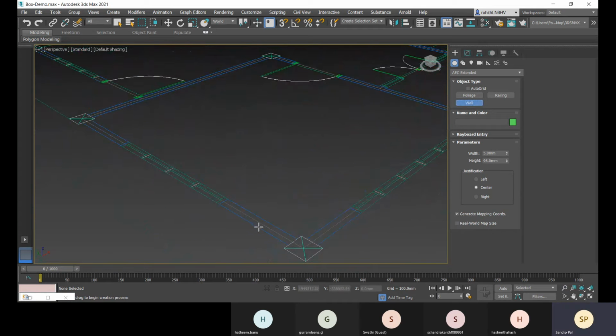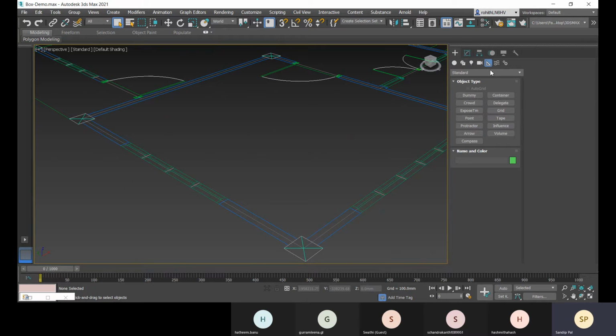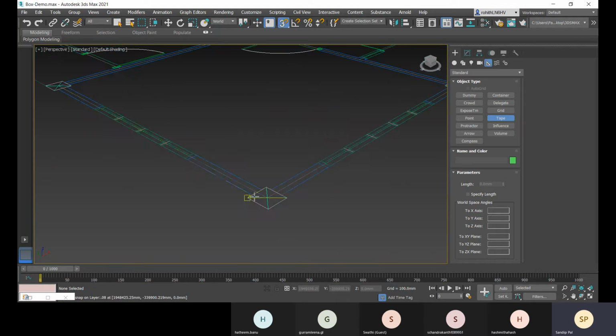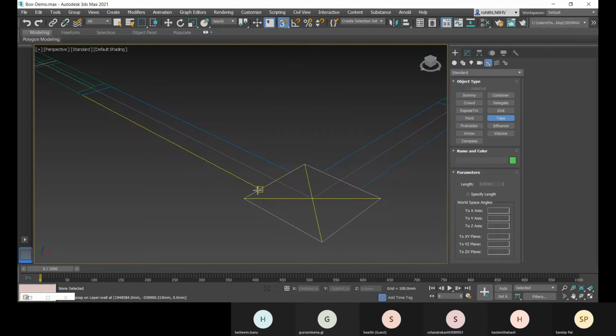Let me select this wall, and before placing your wall, what you can do is come to this, go for this tape, and you can measure. So if I'm getting the option now, let's turn on the snap points, and from this to this, hold your click and then drag to that point. So this is the length, 317.5.